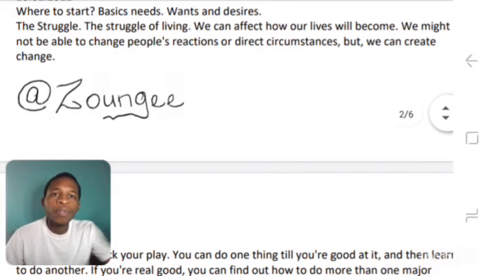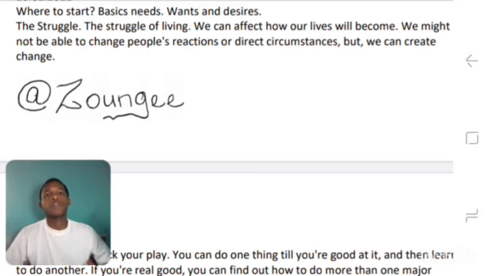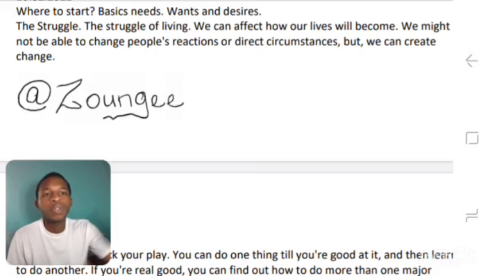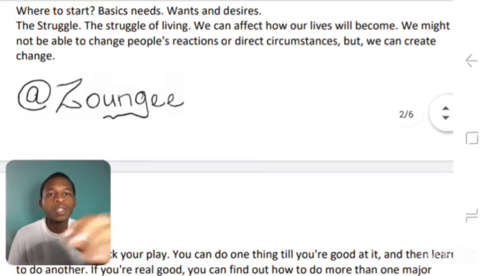Next pointers. How do you know exactly where to start? I came to the conclusion that the best place to start is the most basic of necessities. More or less just sorting out your wants and needs: what is necessary, what do you want for your life, what are your wants, what are your needs, learning to manage such.